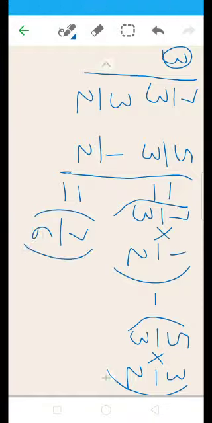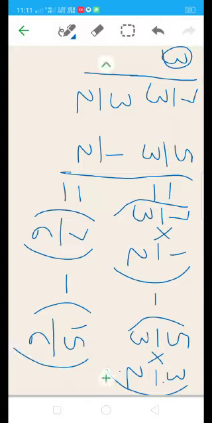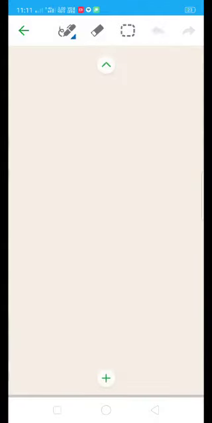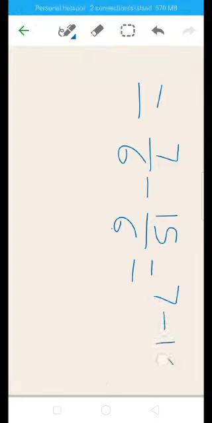Do the multiplication of numerators and denominators. Minus 5 multiplied by 3, 5 threes are 15, upon 3 twos are 6. 7 upon 6 minus 15 upon 6. The denominator 6 is the same, that's why we have to do the subtraction of numerators. 7 minus 15 upon 6.